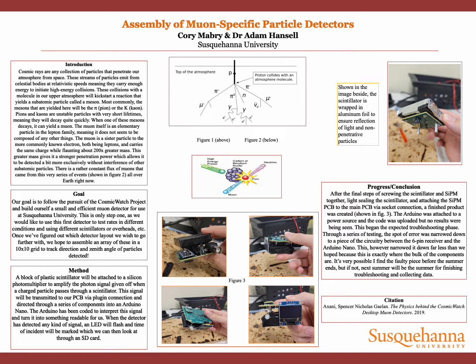For a muon to be created, one of these cosmic particles must interact with a molecule in the upper atmosphere, and when carrying enough energy, a collision between the two particles will cause the stability of either to falter, initiating a reaction that yields a meson. A meson is a classification of particles defined by having an even number of quarks, usually a quark and antiquark pair. Most commonly, the mesons yielded here will be the pion or the kaon.